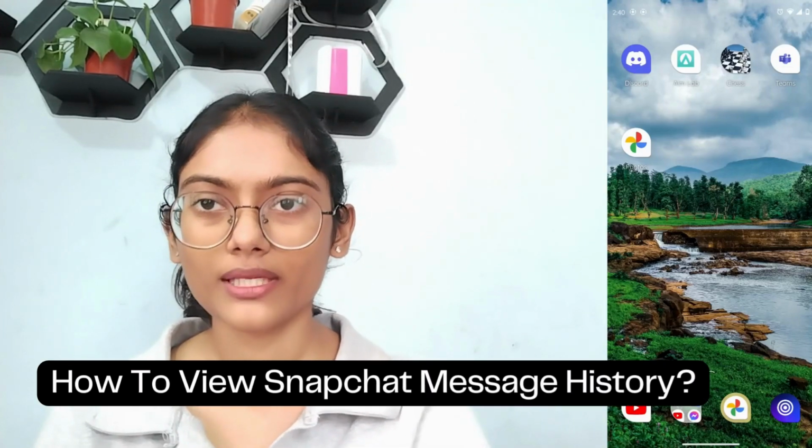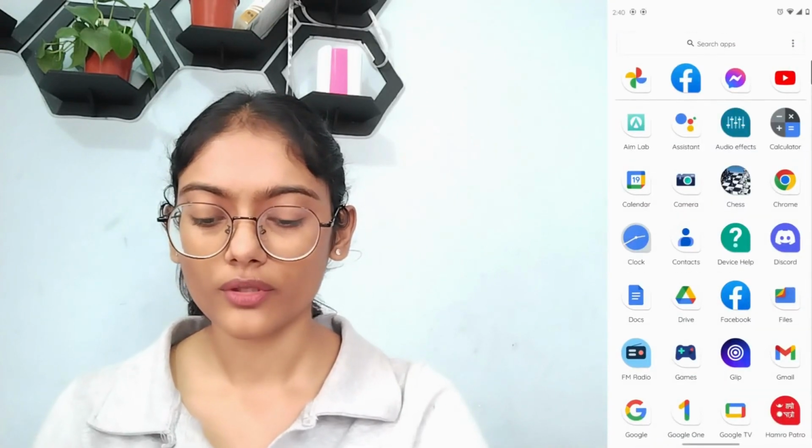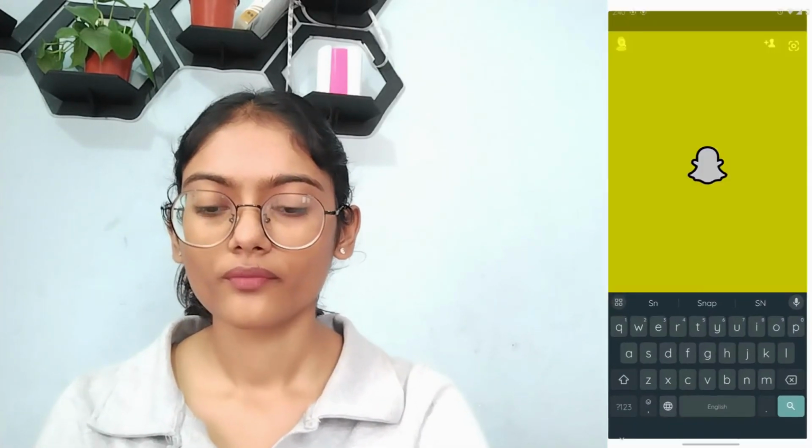How to view Snapchat message history. So if you want to view Snapchat message history, then first of all, open up your Snapchat application, and then